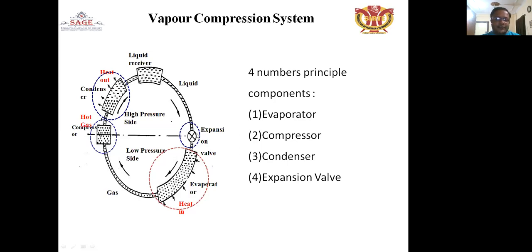That is a circuit diagram in which the whole process takes place. The refrigerant is compressed in the compressor, and after that it is condensed in the condenser and collected in the liquid receiver. After the liquid receiver, the liquid passes through the expansion valve. After a small pressure change in the expansion device, the liquid refrigerant is converted into a liquid plus vapor form, and in the evaporator this liquid plus vapor is converted into gaseous form. This is presented here in gaseous form.